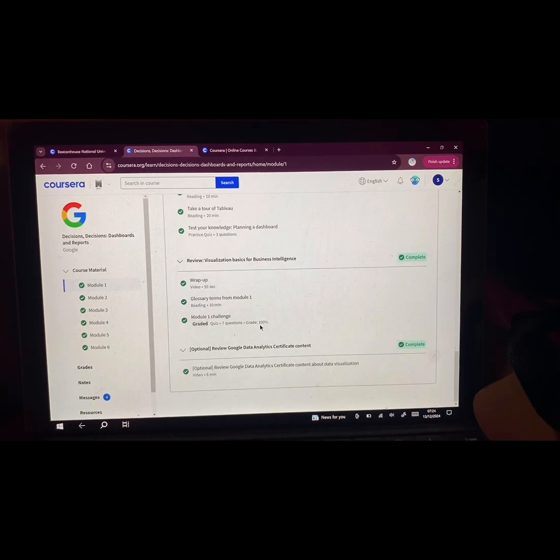Throughout this module, the quizzes test learners on their understanding of how to use visualizations to answer business questions, the design trade-offs involved in creating effective dashboards, and the importance of interactivity in BI dashboards. They also assess the ability to create mockups and plans for developing dashboards and the use of different dashboarding tools for dynamic data presentation. Let's move on to module 2,